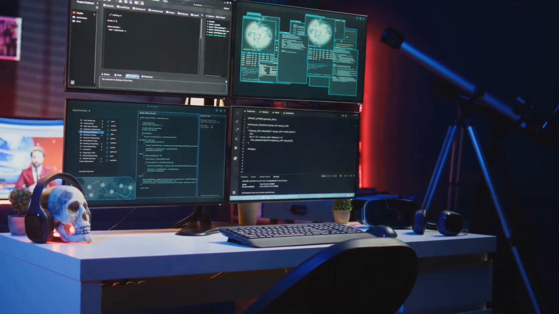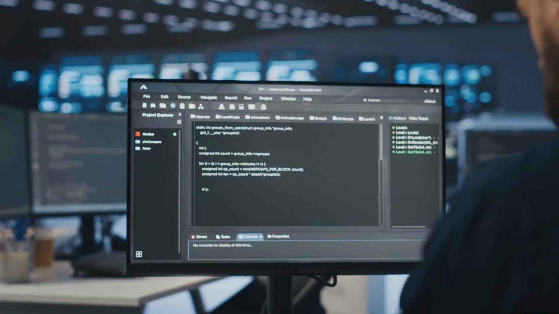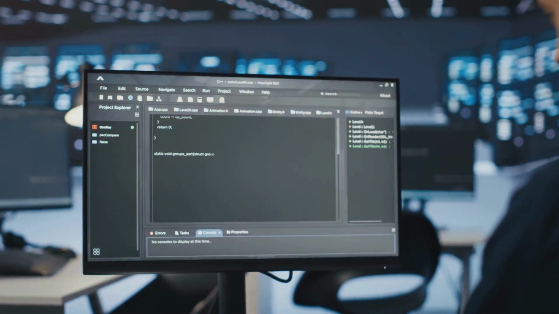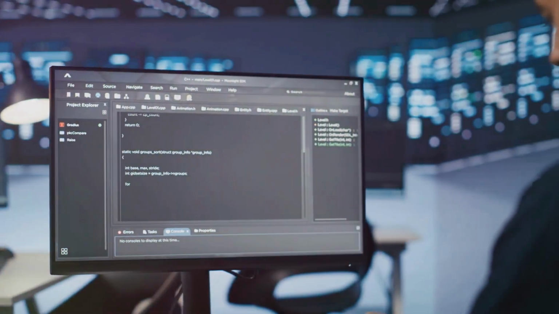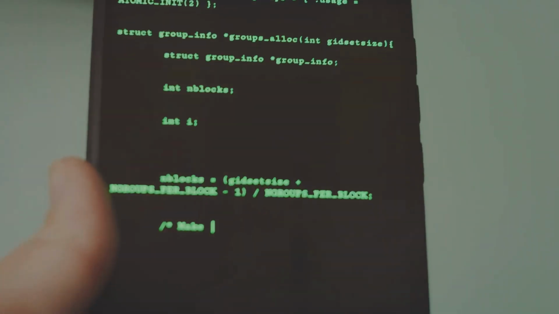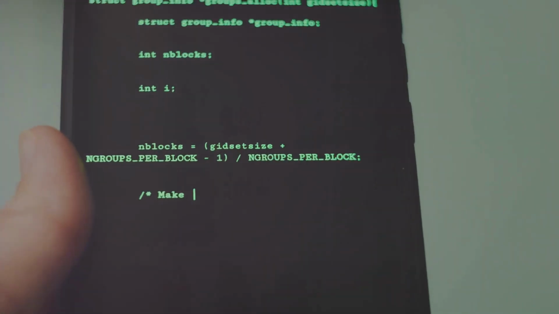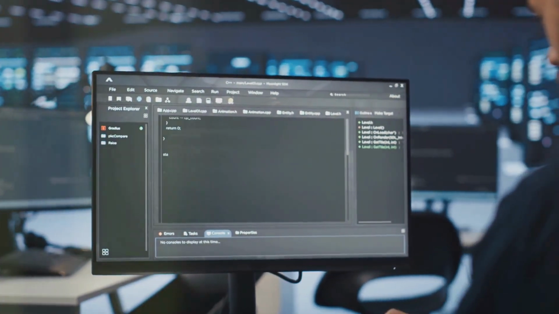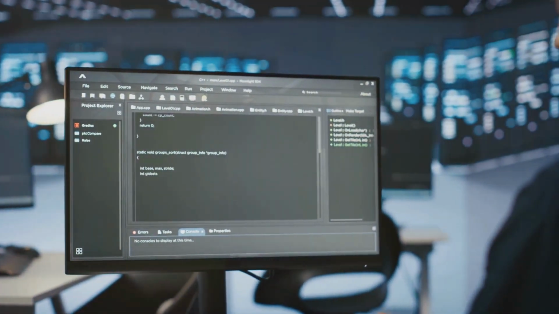Start by creating a new Node.js project. Open your terminal or command prompt and type a few simple commands to get started. This will set up the basic structure of your project. For instance, you can use npm init to create a package.json file, which will keep track of your project's dependencies